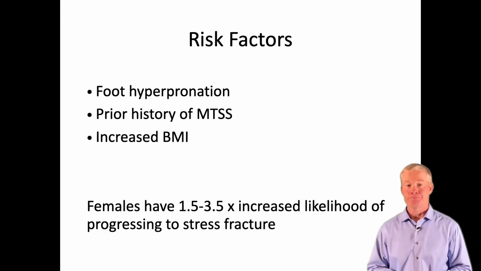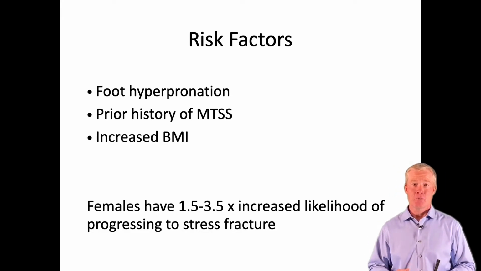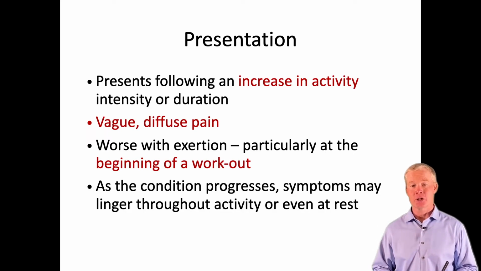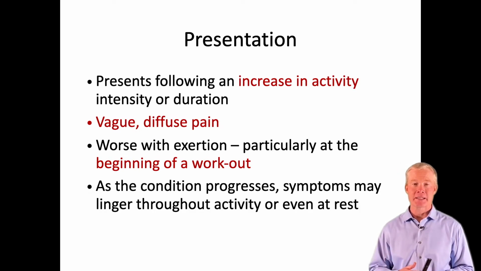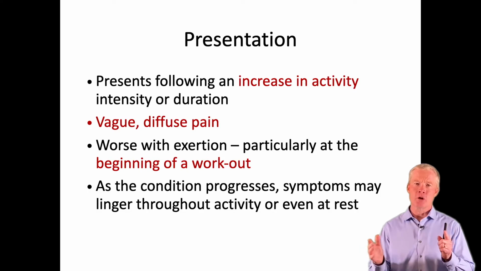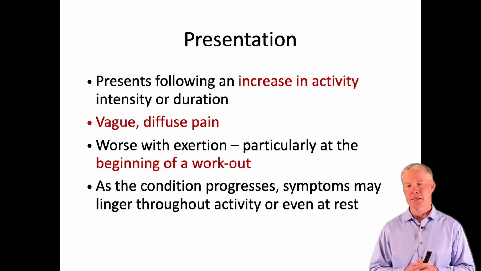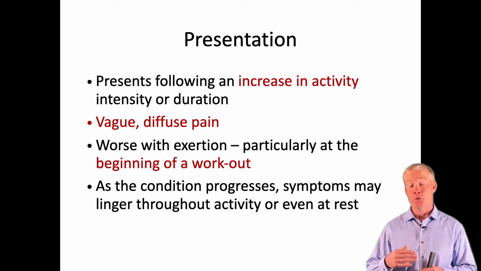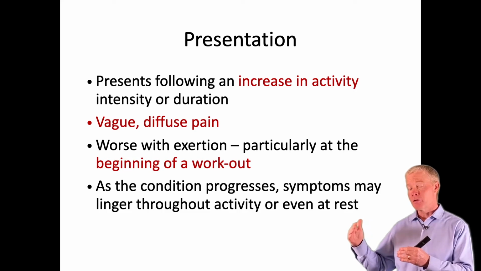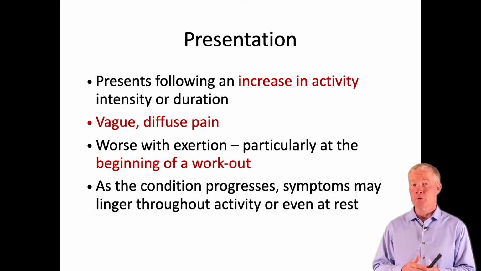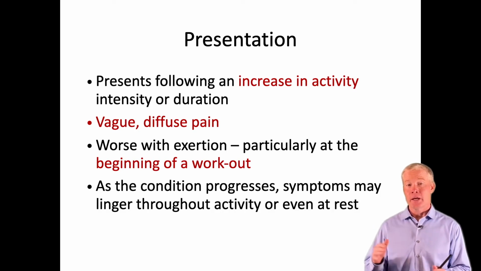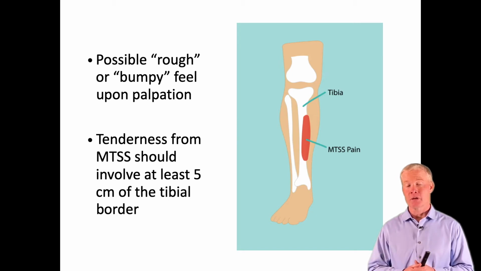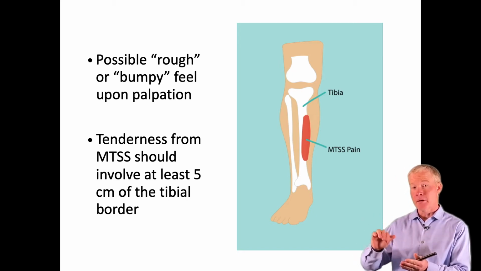So our patients with shin splints will often complain of pain after they've been running or jumping. So it's not necessarily during, at least in the initial stages, it's after that activity. And it's vague and diffuse, usually a long area of tenderness along the medial border of the tibia. And as that progresses, those symptoms then can start to linger. They can go longer into the afternoon or evening, and they can also come on earlier in the workout. The other thing that they tend to do is shrink in area. As they shrink in area, that's a little bit of a concern, because usually we're going to feel maybe a bumpy area on the medial tibial border.